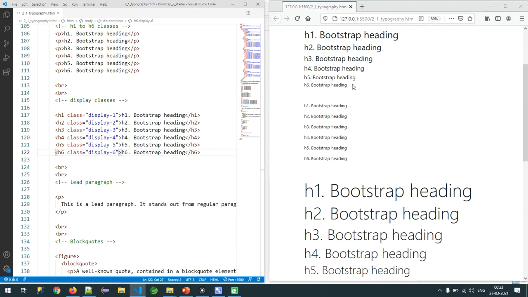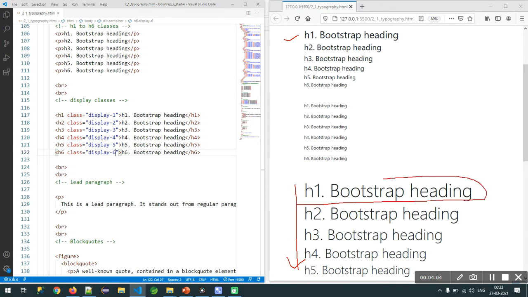Comparatively, you can see this is the HTML provided h1 to h6 style. This one is provided by Bootstrap. Obviously, this one has more height and a more prominent look compared to the default heading style provided by HTML.